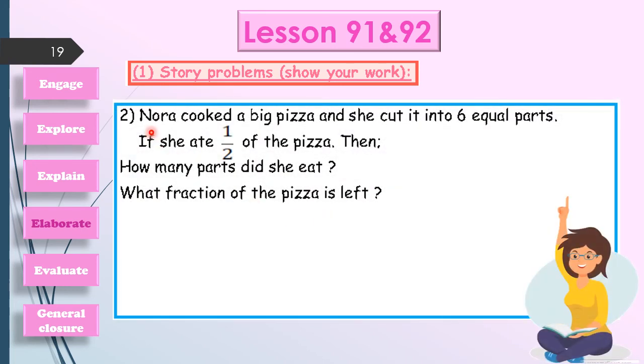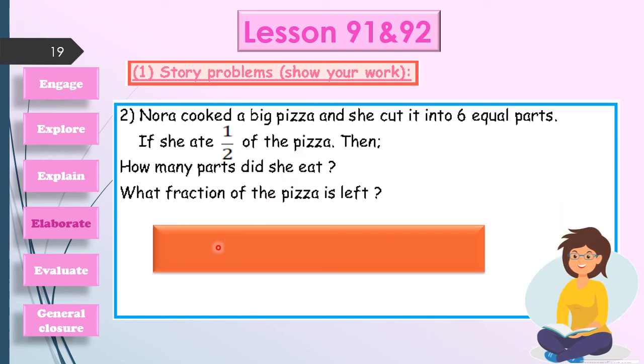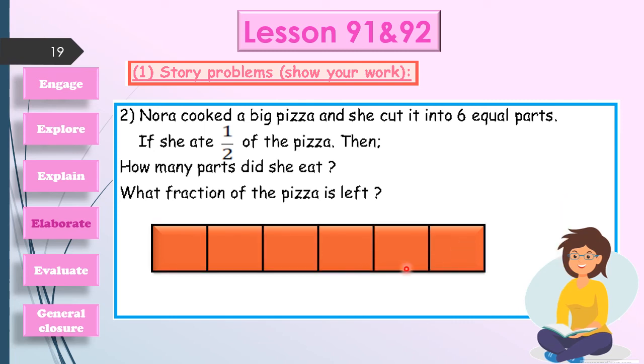Number 2. Take your time reading, then read with me. Nora cooked a big pizza. Let's represent a big pizza like a fraction strip, like this, or a rectangle. And she cut it into 6 equal parts. Let's cut this pizza into 6 equal parts, starting from half, then draw these equal parts like this. 2 equal parts here and 2 equal parts here. Now,